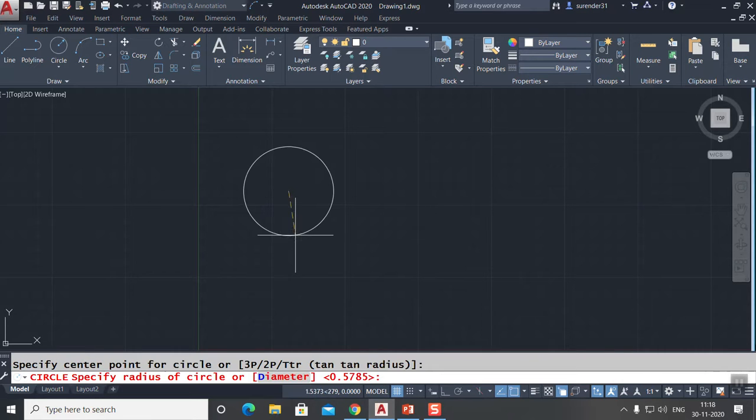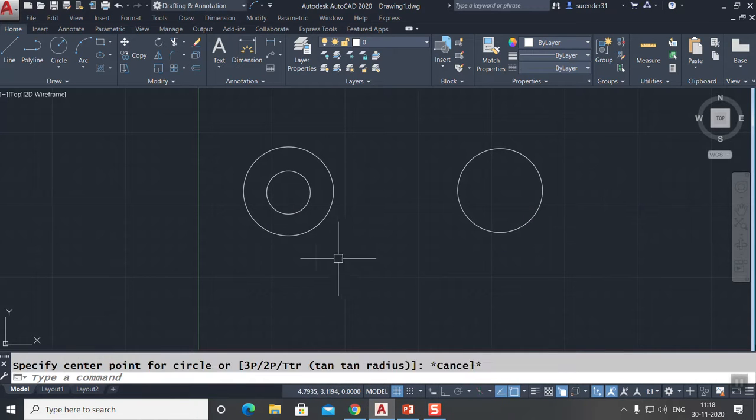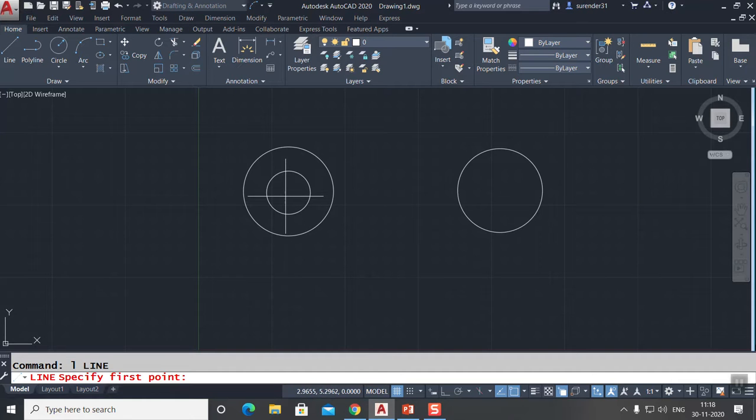Now we'll see how to use the center. I have two circles like this and another circle like this. Now I want to draw a line from the center point of one circle to the center point of another circle. I'll type CEN for center, as it is not on in the dialog box. Enter. Now here, you should always place the cursor on the circumference. Which circle center do you want to locate? As it is displaying the center, just click. So that's the center point.